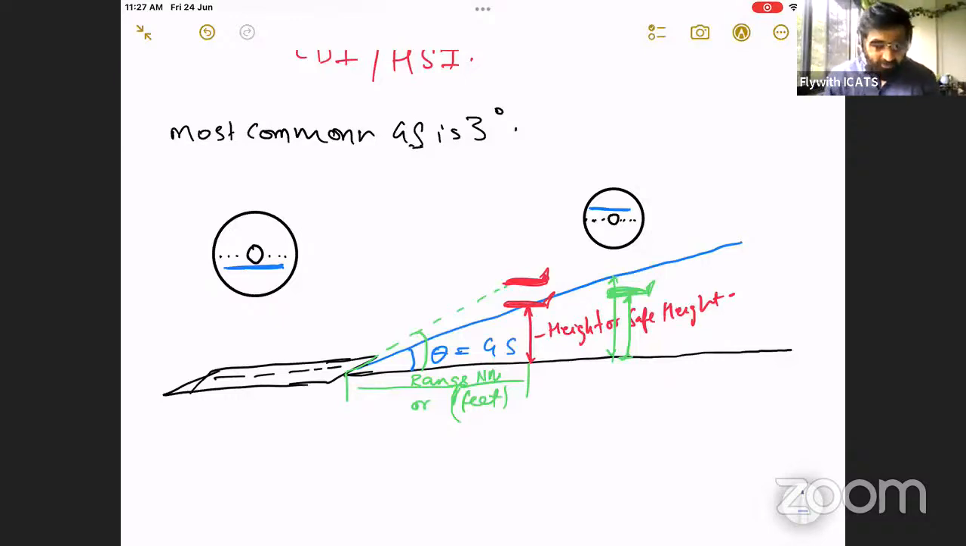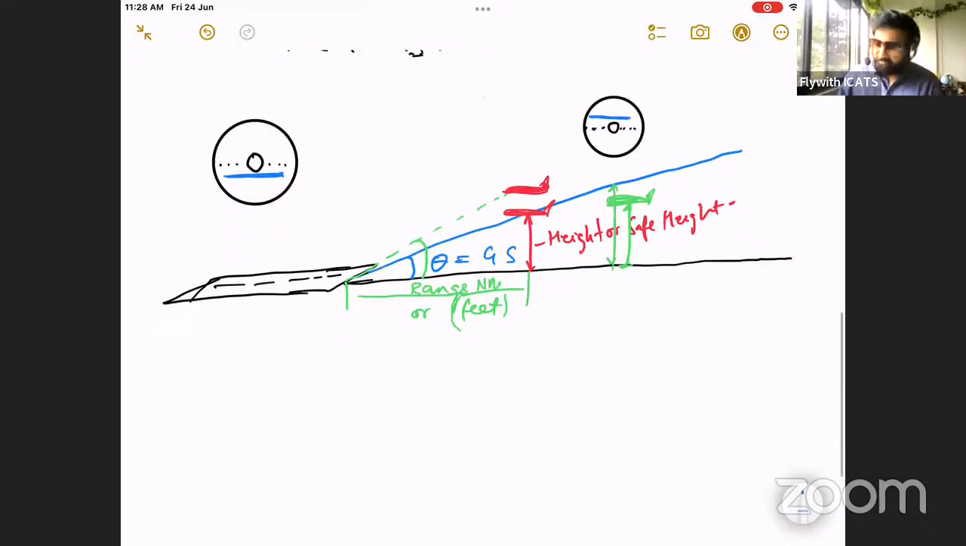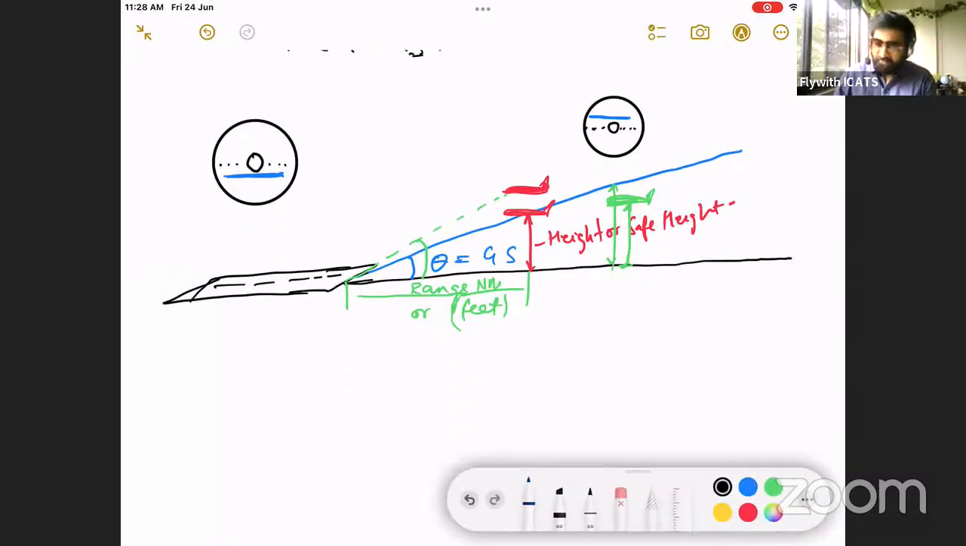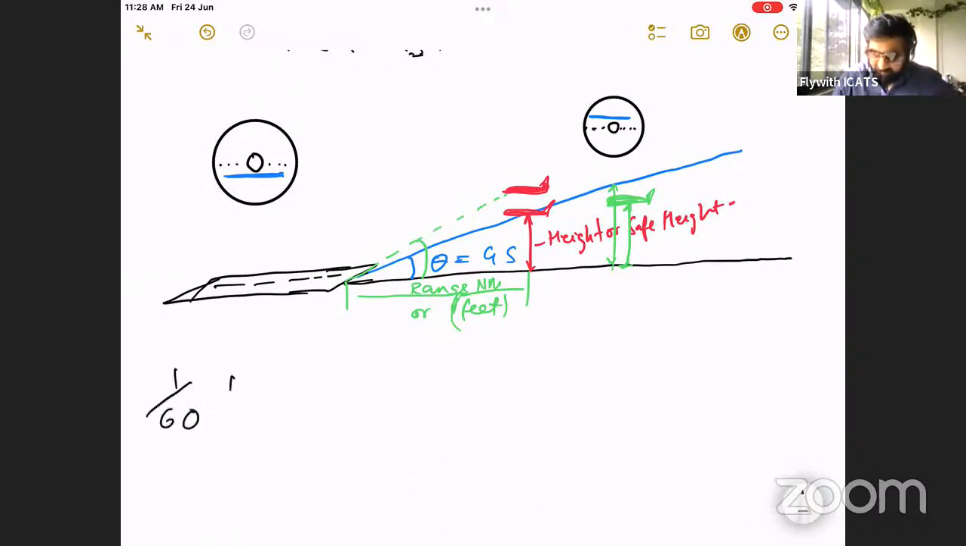Glide slope is also called glide path. Any questions? So let's look at the formula then. First I'll tell you the 1/60 formula, the basic 1/60 formula. Pay attention very carefully. The 1/60 formula says theta, the angle, is equal to